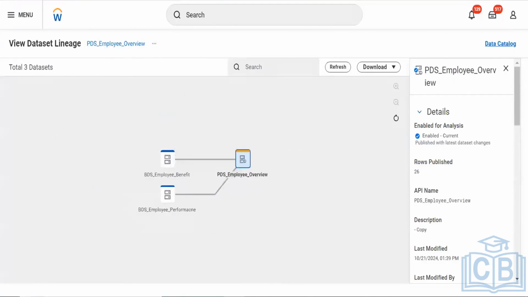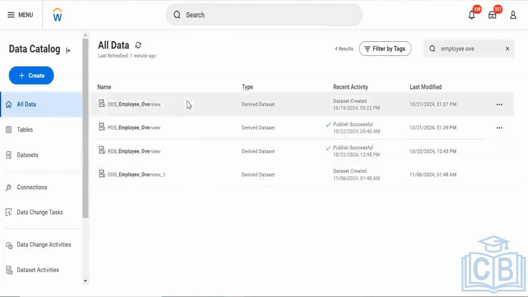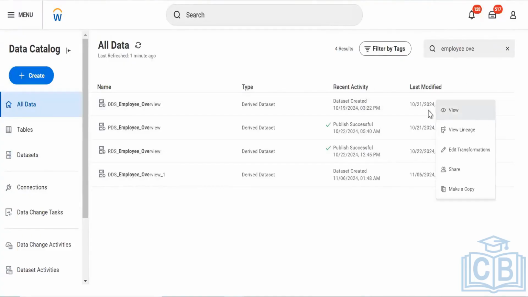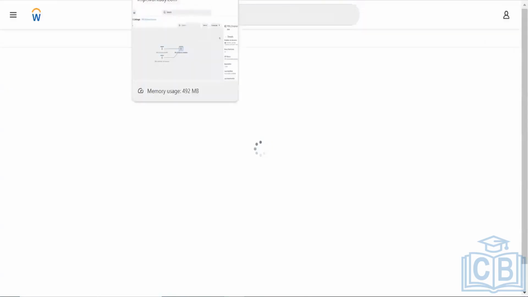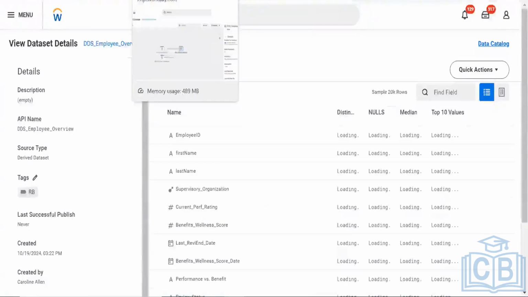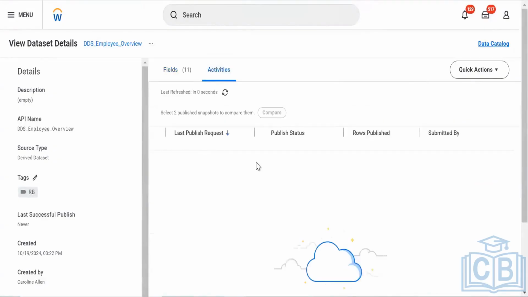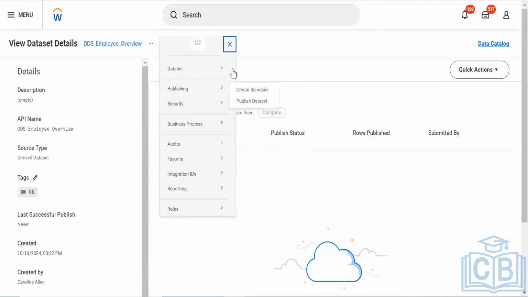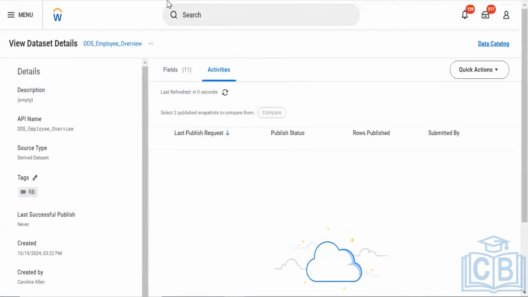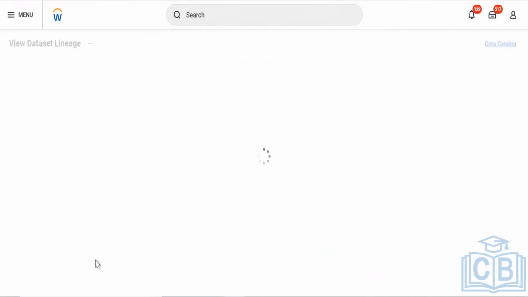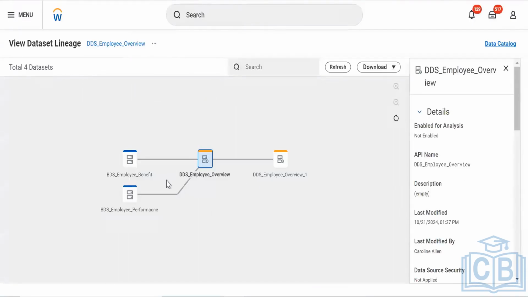Let's review its lineage and then publish. Here we can see that the DDS employee is there and it's not published.